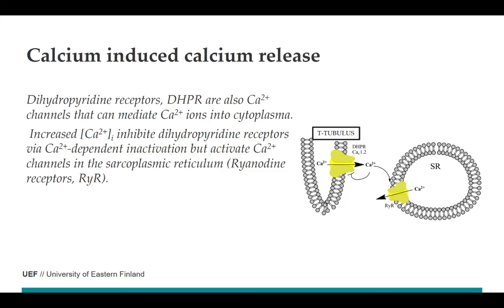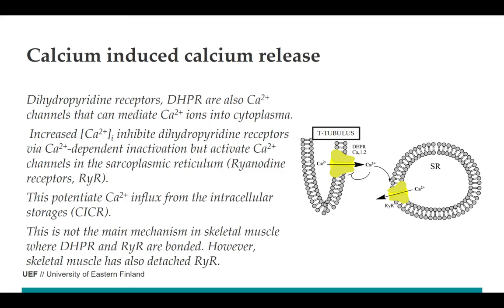And in the striated muscles, the calcium that can go through these dihydropyridine receptors inhibits the receptor itself, but also activates the calcium channels in the sarcoplasmic reticulum, because the calcium concentration is still much lower than when it inhibits this calcium release through the ryanodine receptor. So then you have this calcium-induced calcium release. So there's calcium influx from the intracellular stores, and in the skeletal muscle this is not the main mechanism, because